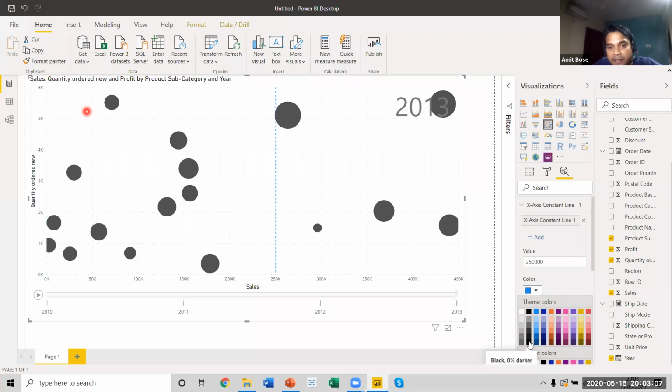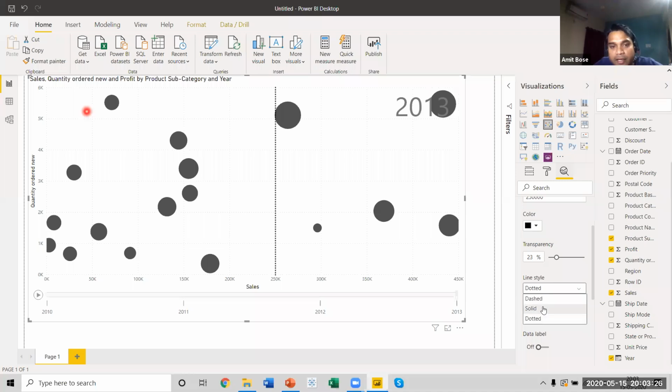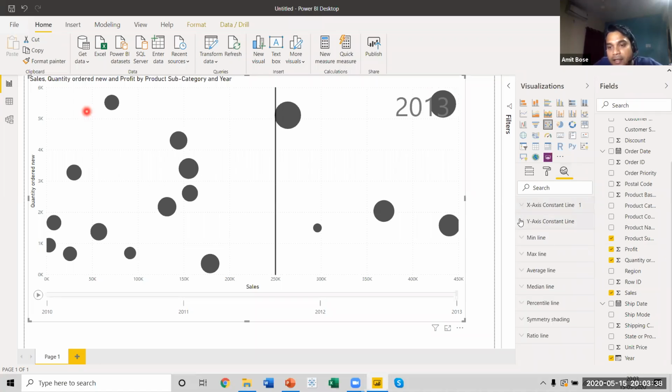Let me make this line a bit dark so that you can see it. You can reduce the transparency, and you can also work with the line style. So you can use a dashed line or a solid line or a dotted line. So let me use a solid line so that you can clearly see. So I have drawn a constant line at 2,50,000 in the x-axis, and in the y-axis the quantity value should be